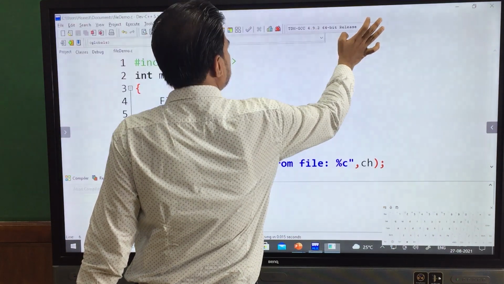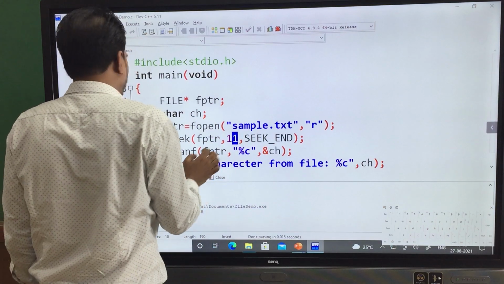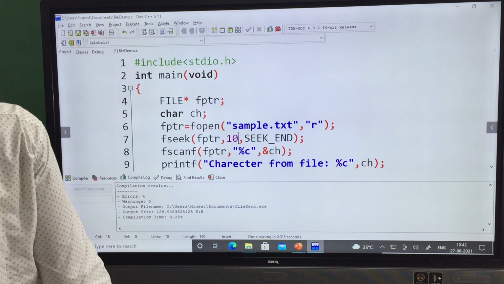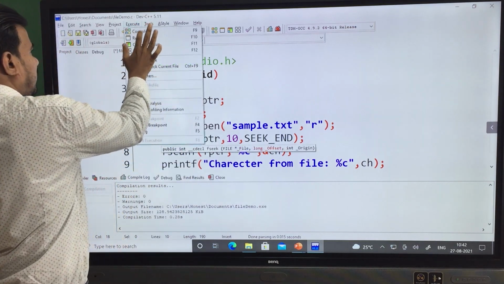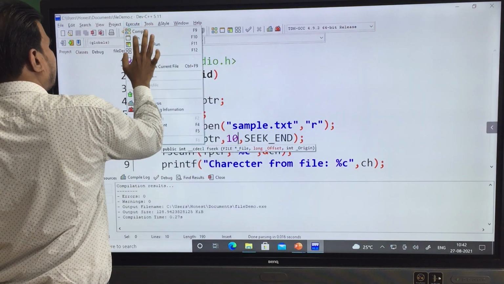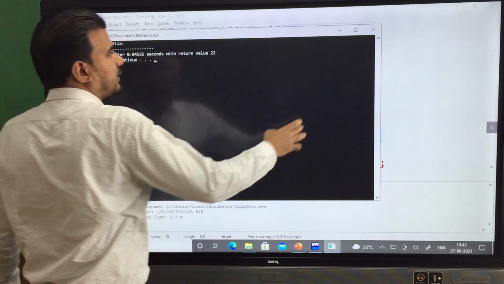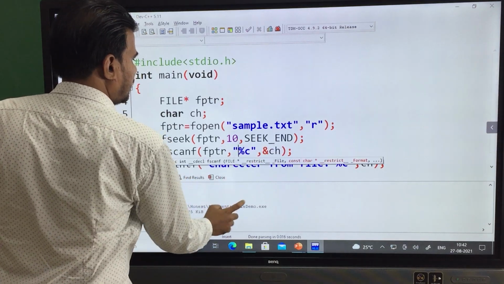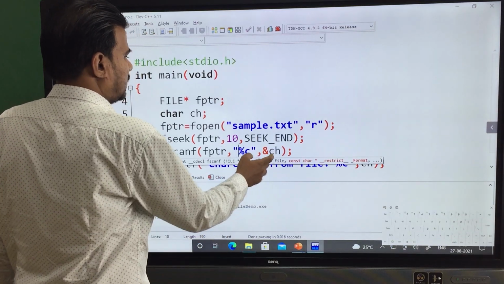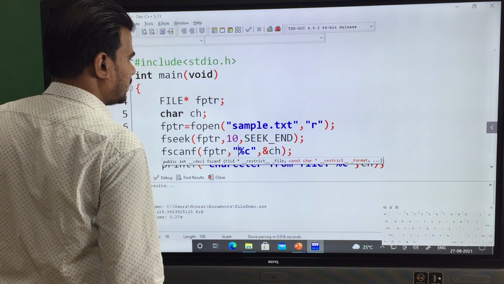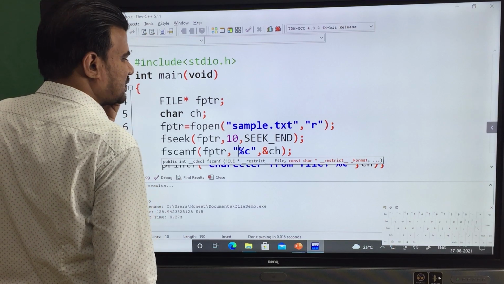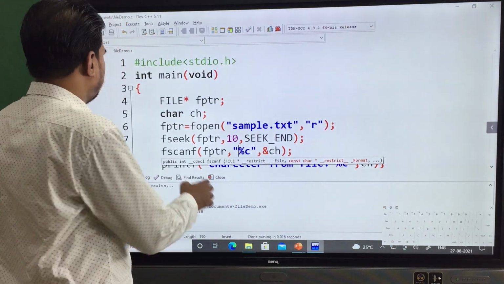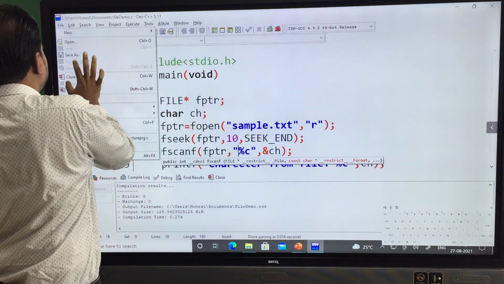So instead of 11, give 10 over here, then compile and run. Like this also we are not getting it. Okay, seek end we have done, after that 10 characters we set. So where is it going? Just open that file once again.